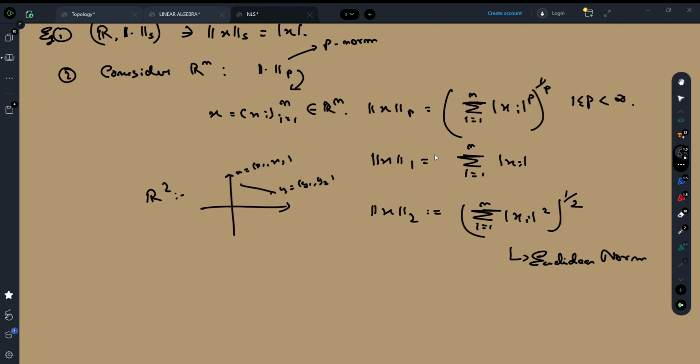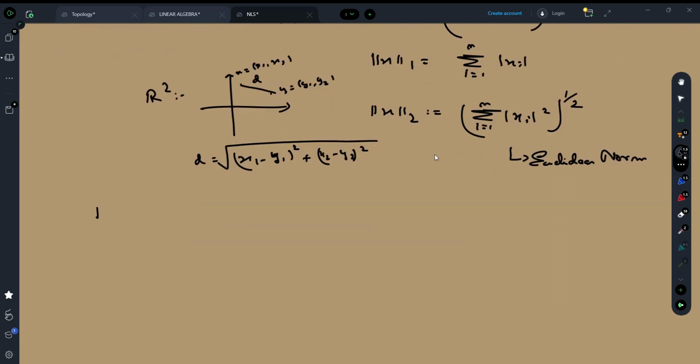So simple distance formula, if you remember, then if this distance is d, then we write d as the root of x1 minus y1 whole squared plus x2 minus y2 whole squared. One very important notion, or I should say, very important sense of the norm of a certain element is quite relevant to the distance of that element being considered as a vector from the origin. Okay. So what I'm trying to say is that the norm of a vector,